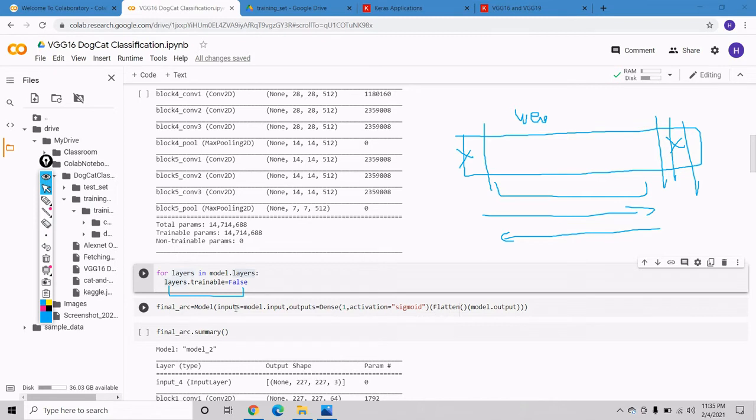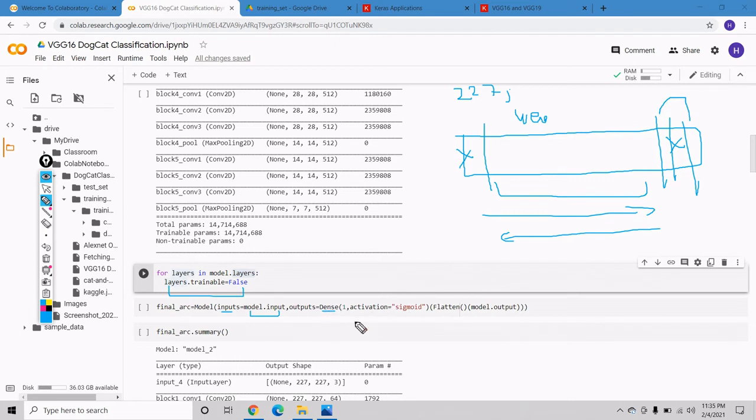In our next lines we are adding our flattening layer and our output layer. We are going to use the Model class over here, with model inputs as model.input with 227 comma 227 comma 3 as our image size. In our output layer, meaning our last three layers, we have used dense.